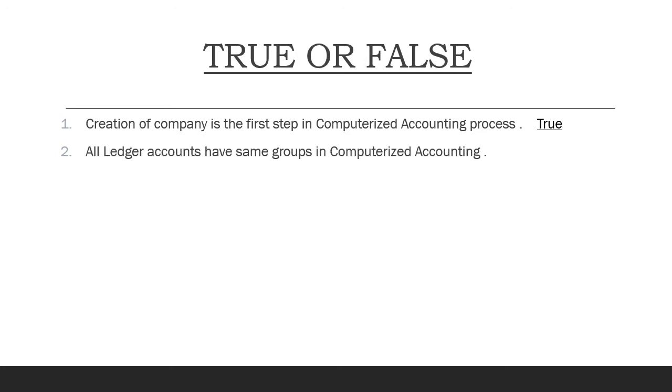सेल आएगा. Okay, and if anybody is starting the company or capital account, so under group will be capital account. फिर somebody is giving money, somebody is receiving money, so this is sundry creditor and sundry debtor. So these two things are different. तो सबके group same रहते हैं क्या? नहीं. The answer of this is false.